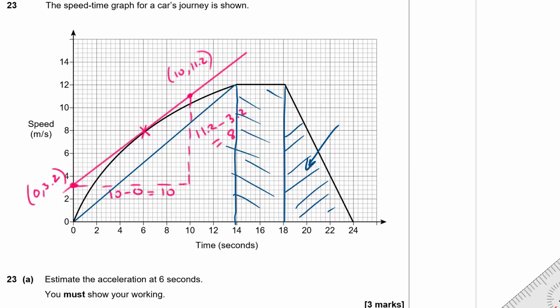So this area here is a triangle, so it's a half base times height, isn't it? So that's going to be a half times 18 to 24, which is 6, times a height of 12. So half of 6 is 3, 3 6s are 36. This bit here is a rectangle, so just length times width. It's going to have an area of 14 to 18, which is 4, times a height of 12. 4 12s are 48. And then this bit here